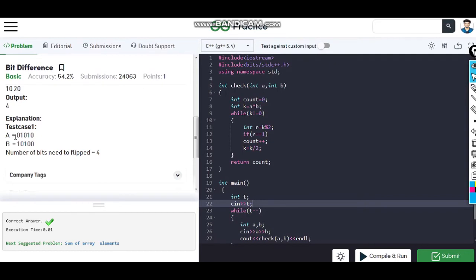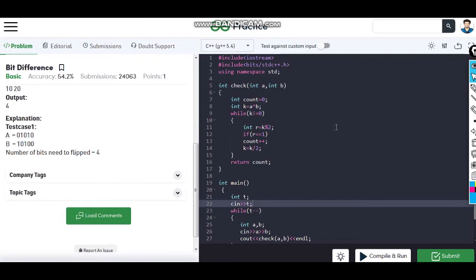Let's say this is the representation of A and B: 0 0 same, 1 0, so we have to flip these, right? We have to convert 0 to 1 or 1 to 0, so we flip this one time, we have to flip this position also, 0 and 1, we flip this position also and this also, so we have to flip 4 bits to convert A to B or B to A, anything that you can do, right? To convert that, let me explain. We have the number 0 1 0 1 0 and another one is 1 0 1 0 0.